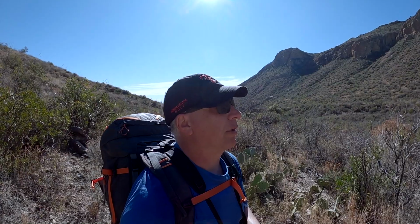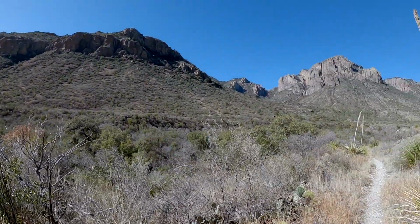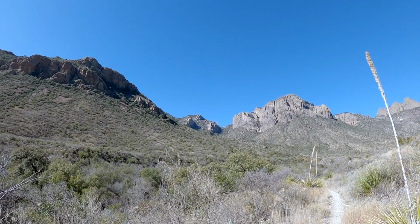Okay, I'm still pretty deep into Juniper Canyon now. I think I'm getting ready to cross this draw and head to the other side. And there's a landmark up here I recognize, so now I can kind of tell where I am and where I'm going. And I don't know if it'll come out on film, but in that gap to the right, the